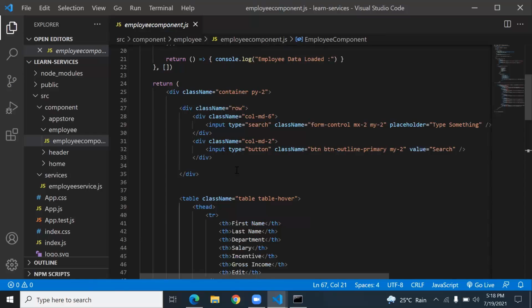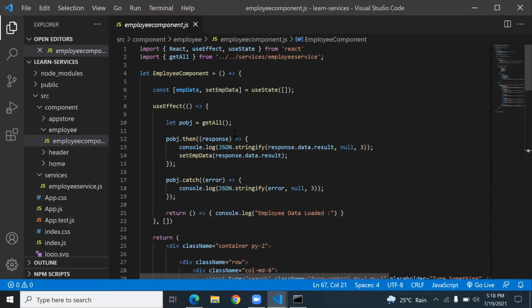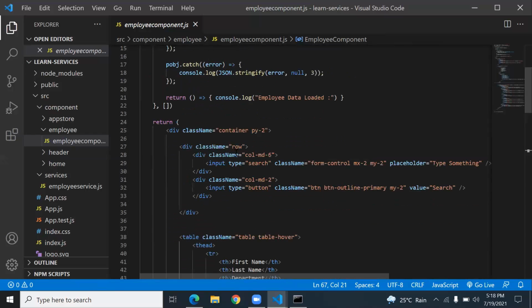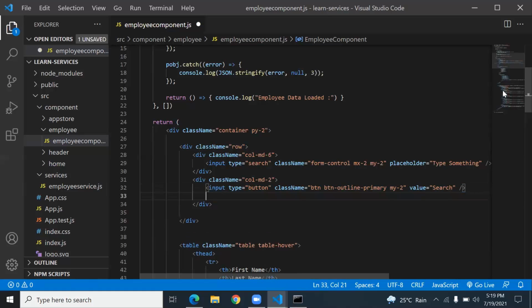So now I want to do one more task. Here I add a button, next to this search box. After the search button, let me copy paste the same and type the name for the button.